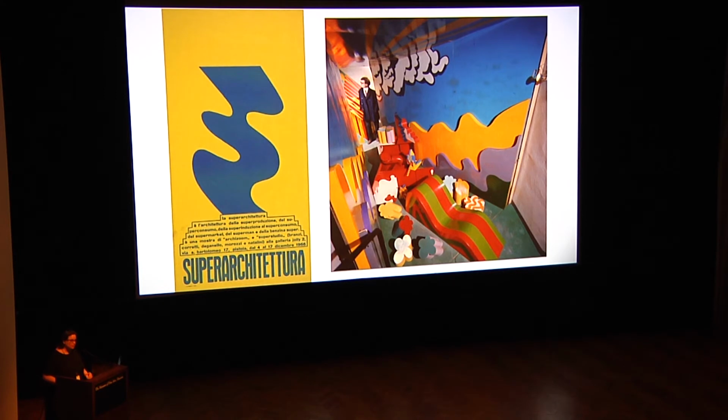It was in a small two-room gallery in Pistoia, Italy, which is just outside of Florence. It was meant to be in Florence, but in November 1966, there were catastrophic floods in Florence. And so the whole city was trying to work towards recovering from the floods. And two groups, Archizoom and Superstudio, mounted this exhibition, which included total environment, you see with the walls here, and